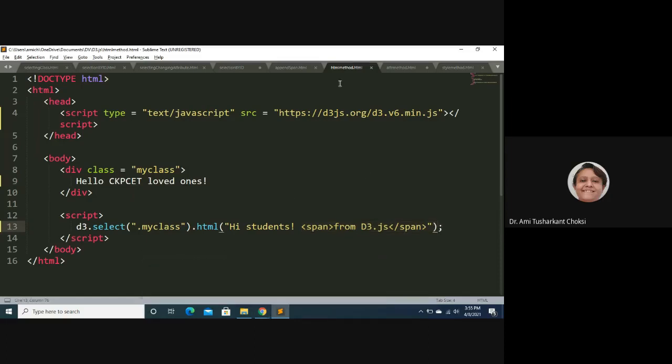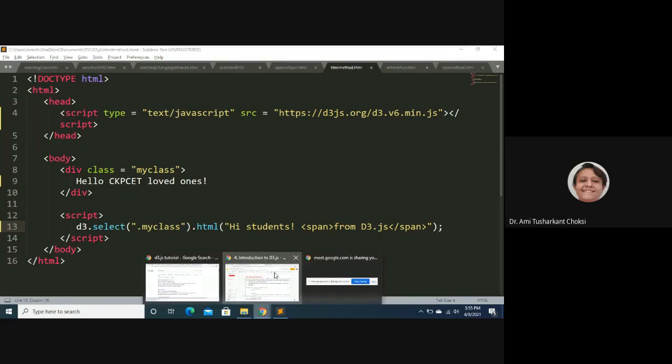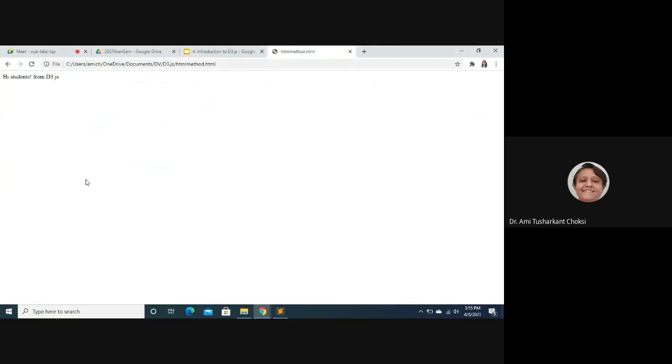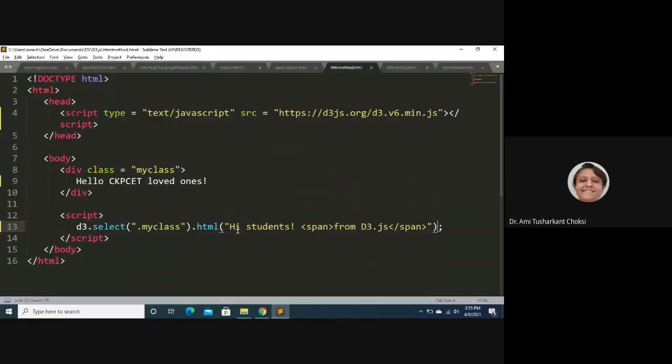This is the HTML method, right? Let me show you the output. Control O, HTML method. We are getting the output hi students from d3.js. Where has hello world gone?